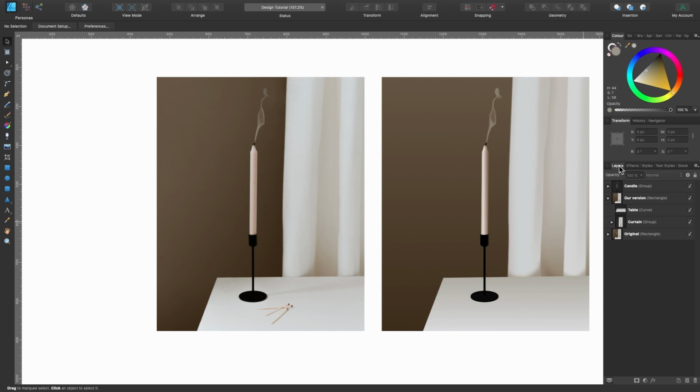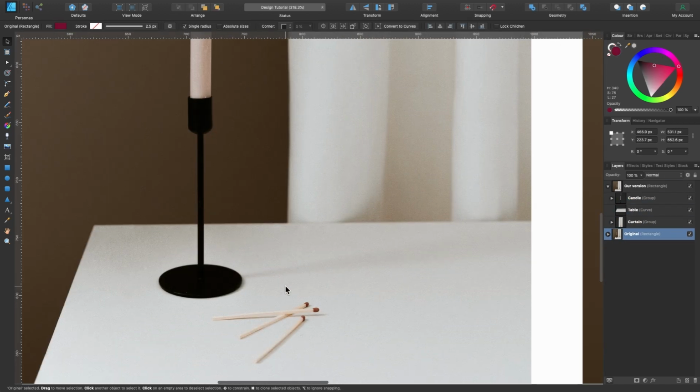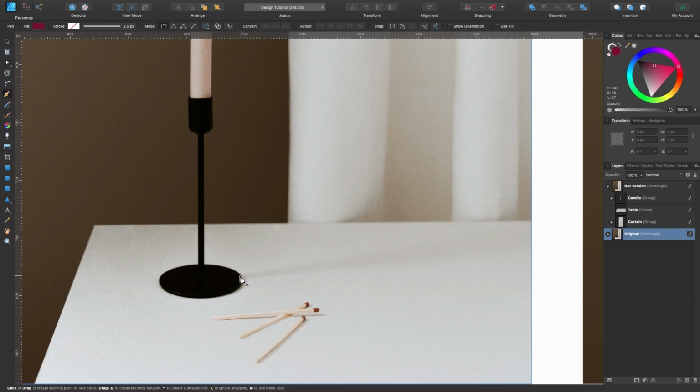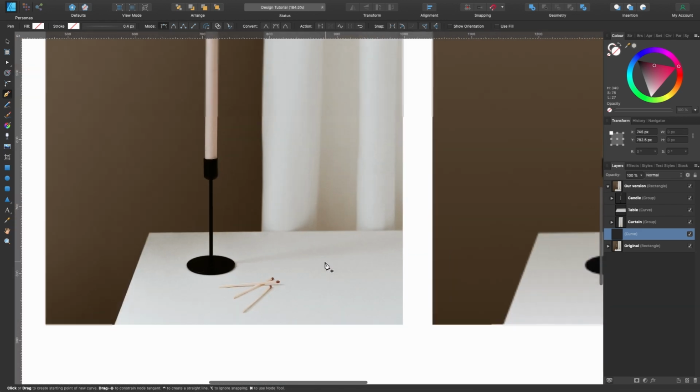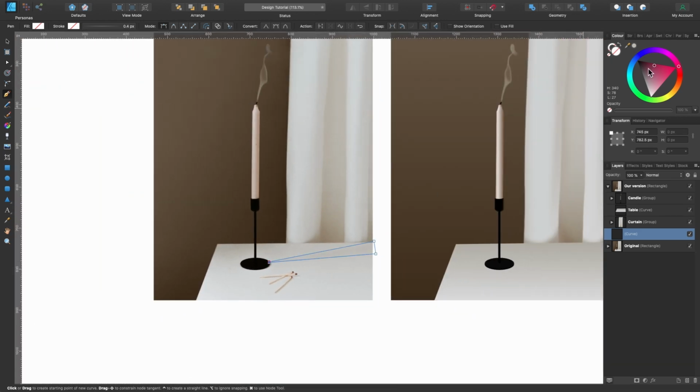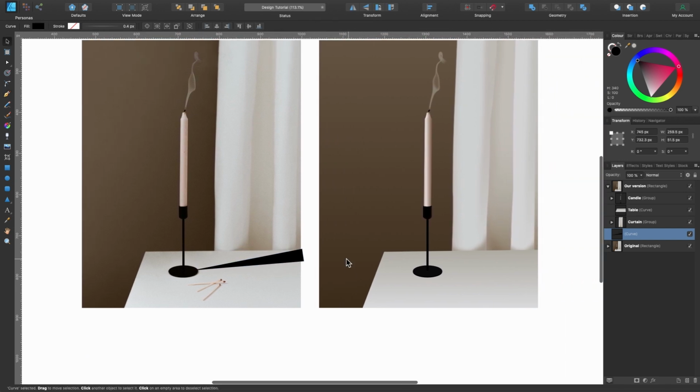So let's go over to our layers panel, and we're just going to throw everything inside. So we've got the candle, the table, the curtain, and we're going to head over and basically grab the pen tool, click, click, you move it around a little bit. We've got to make it quite thin here, and we're going to choose a color. So I'll just make it black for now whilst we move it across. So I'll press V, the move tool, and move it on across and make sure that's above the table.